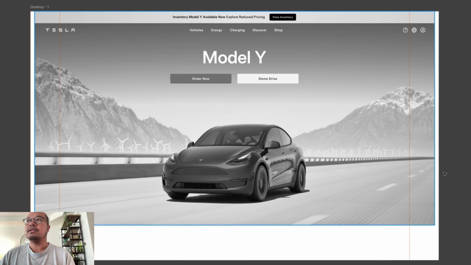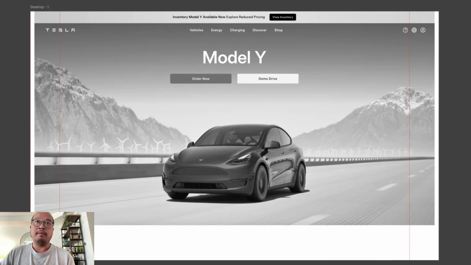We're just going to focus on the main landing page, and eventually we'll be breaking down other parts of the site as well, and wireframing that. So for now, let's just focus on this landing page. So the best way to break down a landing page, and this goes for whether it's Tesla's or any other